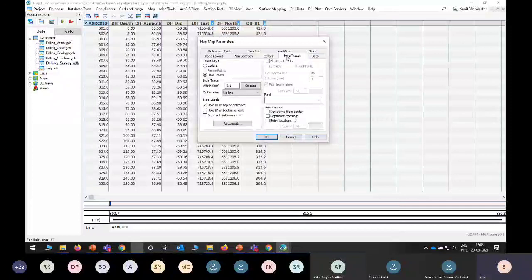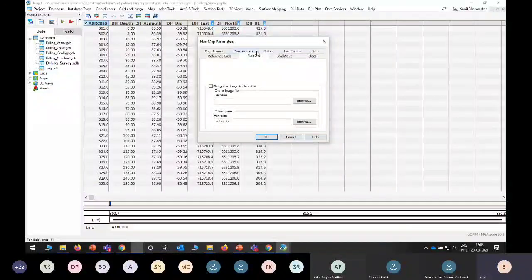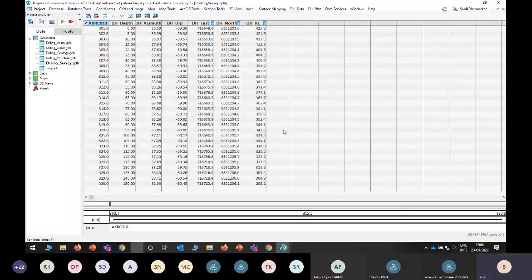Then hole traces. Hole traces are helpful when your borehole has a particular azimuth and is not vertical. In that case, you can see the hole trace as a trace. And in the plan map, what we would like to visualize, as I showed in the PPT, if you remember, is the geology as well as the structural data as stereonets. So that data we need to add here. Then if you have a grid, you can display it, and just simply click OK.